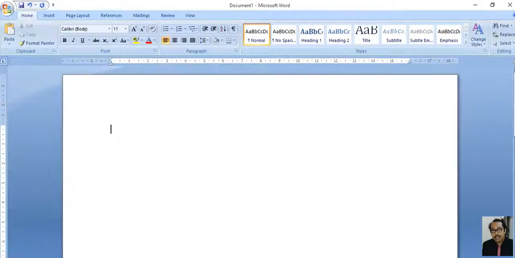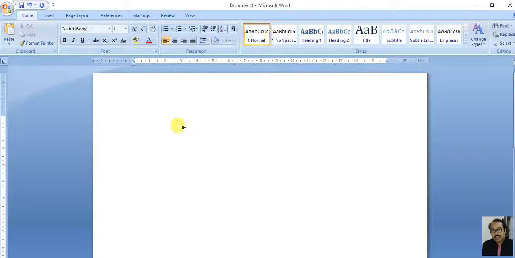Autocorrect. Autocorrect means, suppose I am writing a sentence and I want to change the font. Suppose this is Times New Roman and the font size is say 20. I am writing ADN.